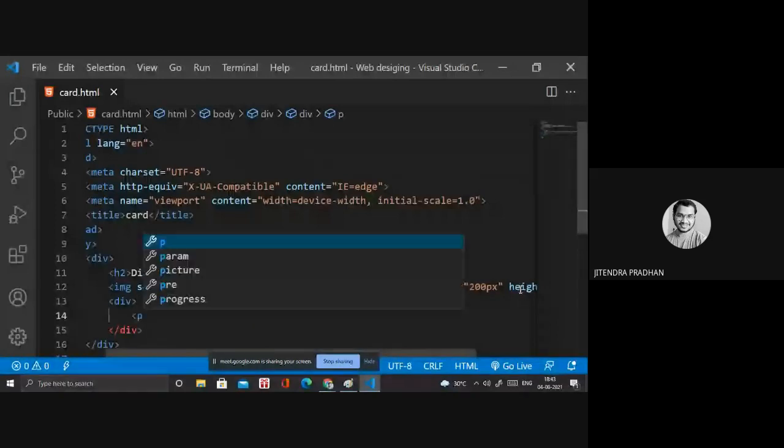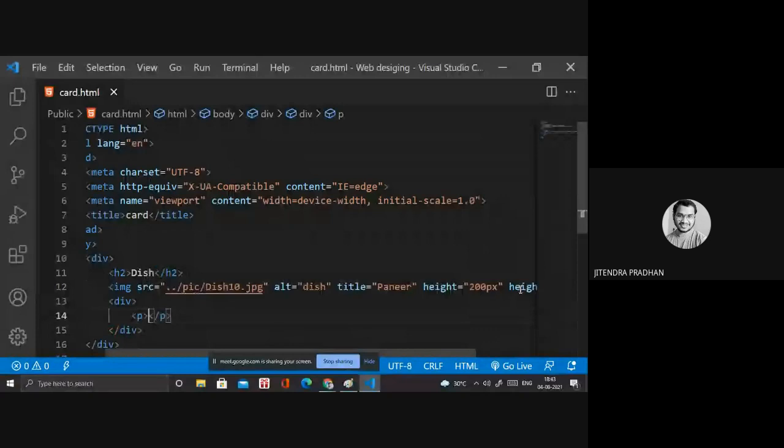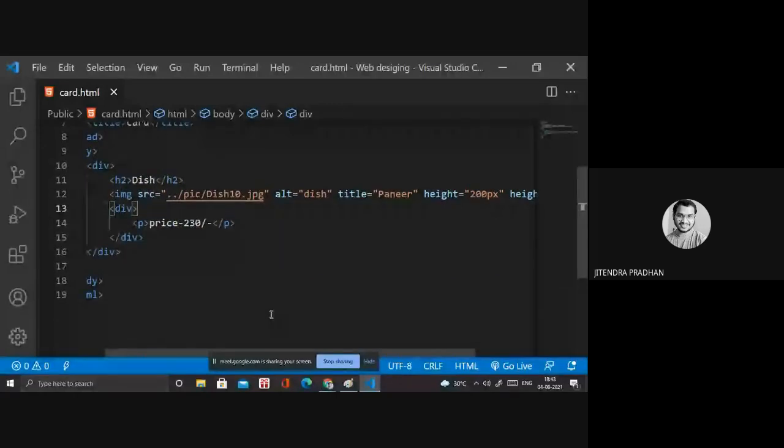In that paragraph we need the price, 230. It's the price of that paneer kurma. Below that we need a button, like order now, or place order. All these things, the button, are inside that.